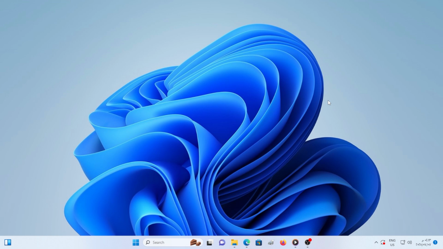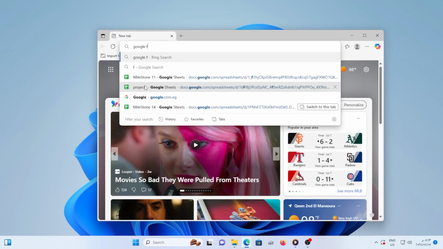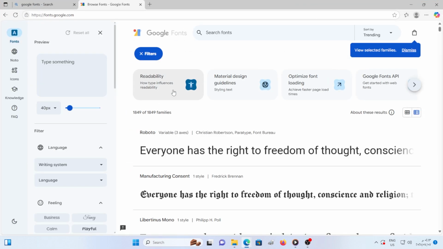First, open your browser and search for a font website like Google Fonts, Dafont, or Font Squirrel. Pick a font you like and download it to your computer. It will usually come as a zip file. Once the download is finished,